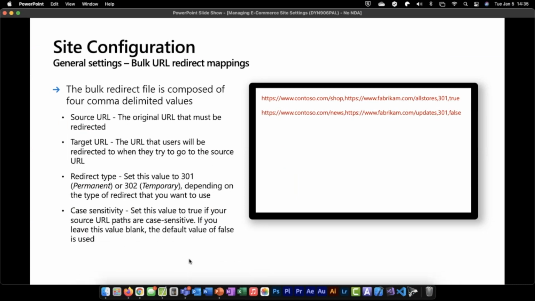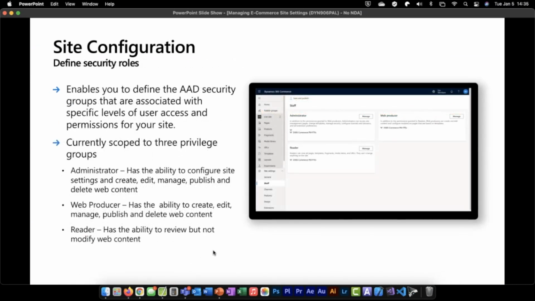Go back to our presentation, and we want to look at security roles. Security roles work the exact same way in terms of AAD security group usage and assignment as they do in the tenant. We just have the roles are slightly different. The administrator role